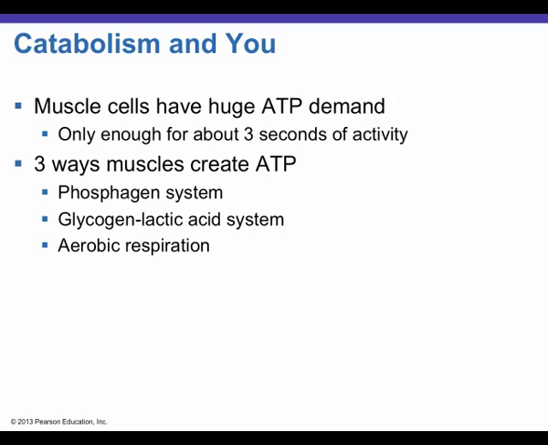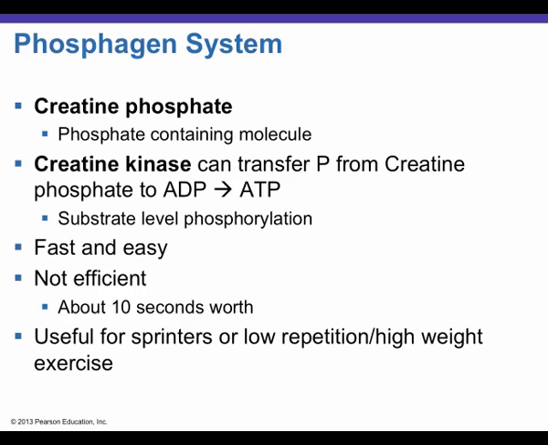After that pool of ATP that's floating around disappears, then your muscles need to create ATP. And there are 3 ways that happens, called the phosphagen system, the glycogen lactic acid system, and aerobic respiration. These things will all draw on what we just talked about. The phosphagen system is highlighted by this molecule we call creatine phosphate. And if you're a bodybuilder, you maybe take these creatine phosphate supplements. Creatine phosphate essentially is a phosphate-containing molecule. There's an enzyme in your muscles called creatine kinase that transfers phosphate from creatine phosphate to ADP to make ATP,